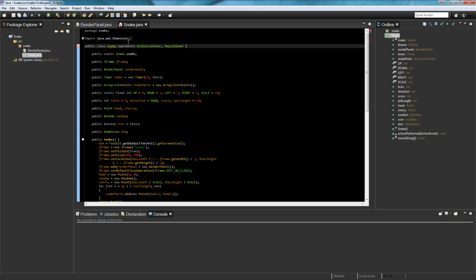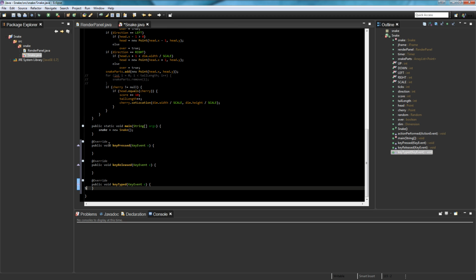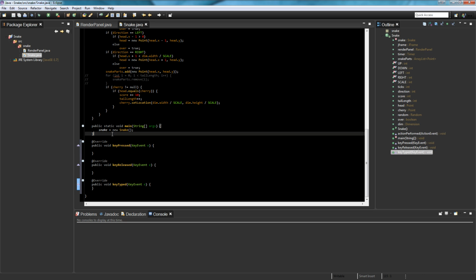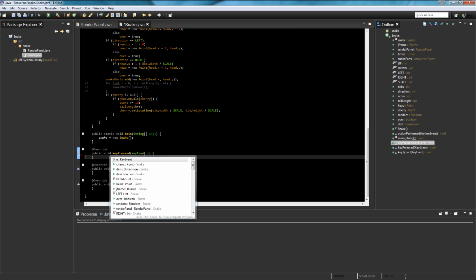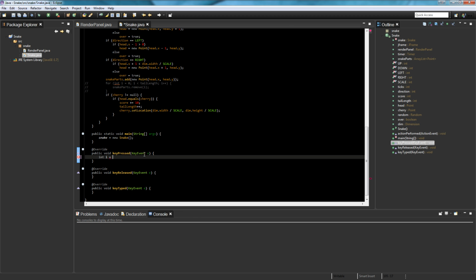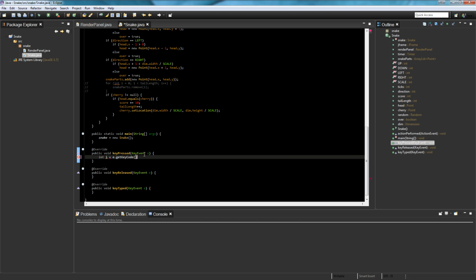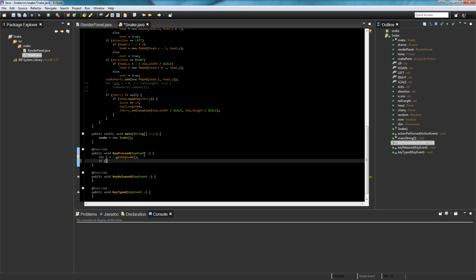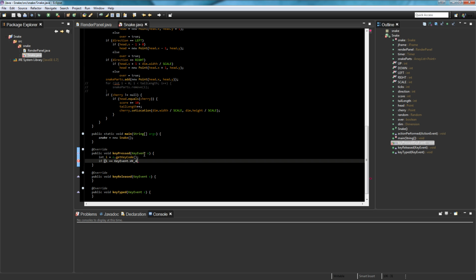And we're going to implement a key listener. This is going to make us have to add some unimplemented methods. And what we want to use is this key press method here. And right here, we're going to do if e dot, or actually, we can make it easier and do int i equals e dot get key code in this case, and then if i equals KeyEvent dot VK. So this is going back to the static usage, and this is most likely final as well